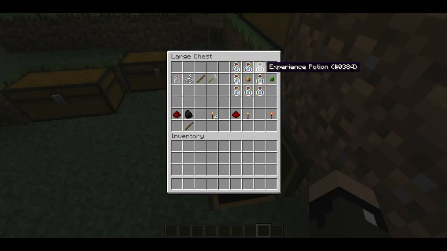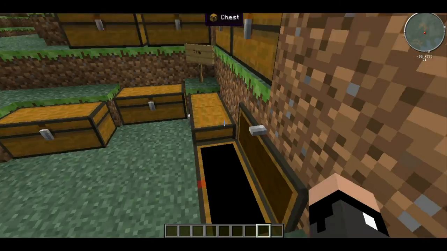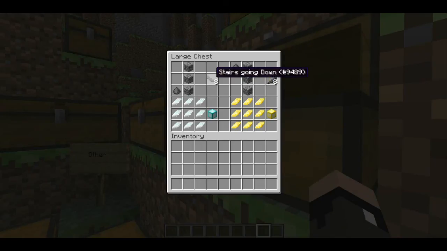We have an experience orb catcher. We've got an experience tree seed. We have an extreme torch. We can craft 4 like this or 1 like this. We can make stairs going down like this, which are sort of weird, but you know, stairs going up like